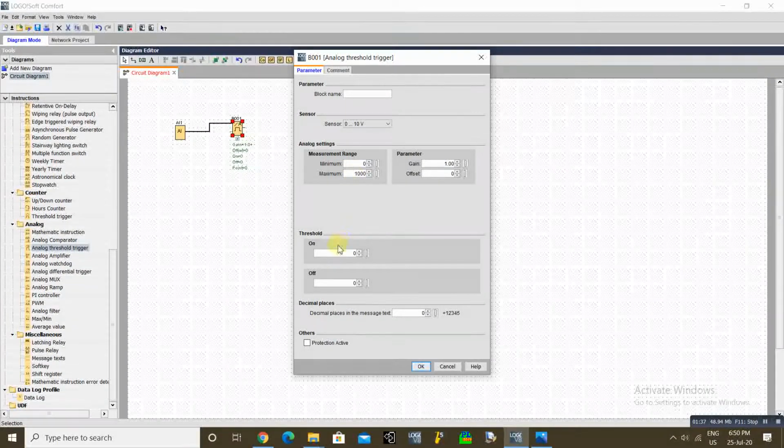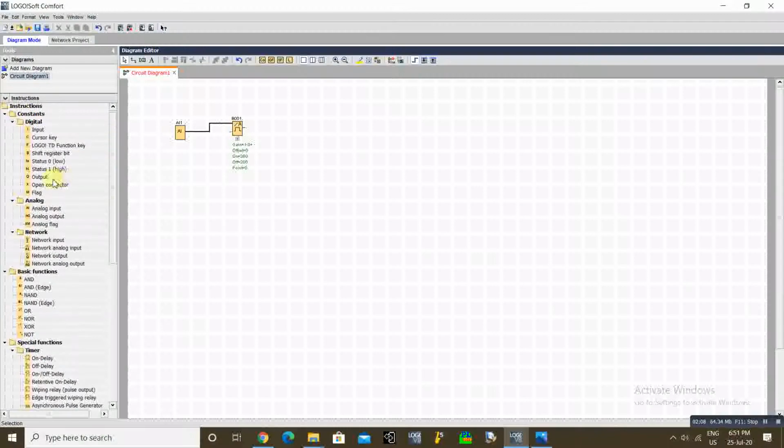My AC will switch on at 28 degrees Celsius, so that is 280, and it will switch off at 20 degrees Celsius, so 200. This is how we scaled our input values.